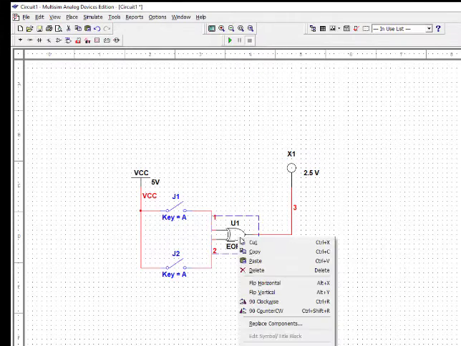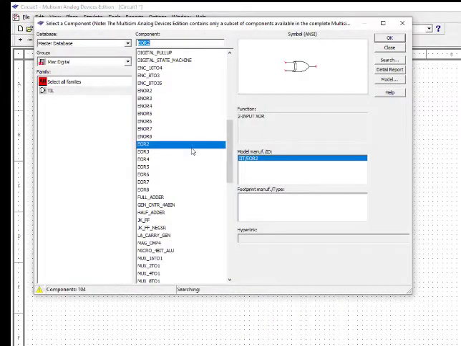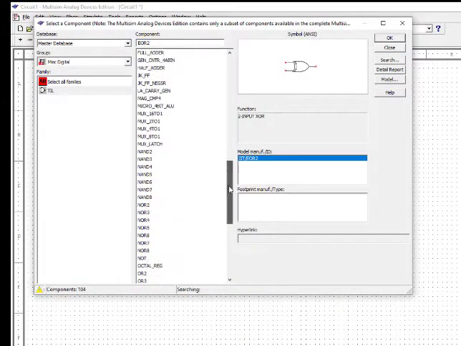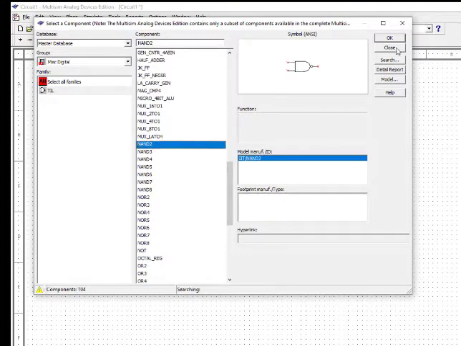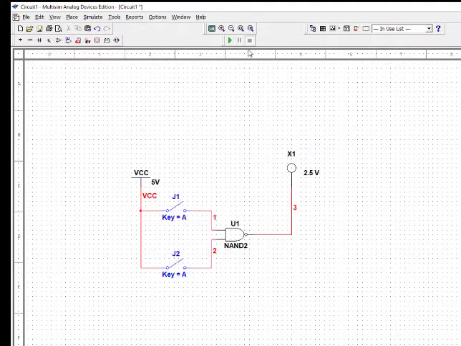Now let us see the working of a NAND gate. I just right click here, replace component, and NAND. So this is NAND 2. Now this is replaced. Now I turn it on. 0 0 is 1, 1 0 is 1, 0 1 is also 1, and then 1 1 is 0. In the NAND gate, 1 1 is 0. We can verify this: in a NAND gate, if any input is 0, the output becomes 1.